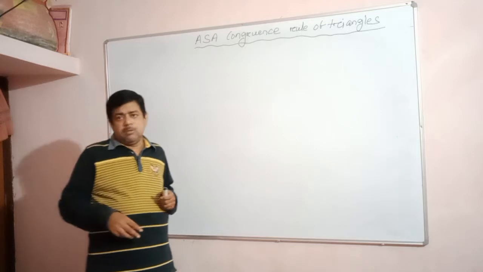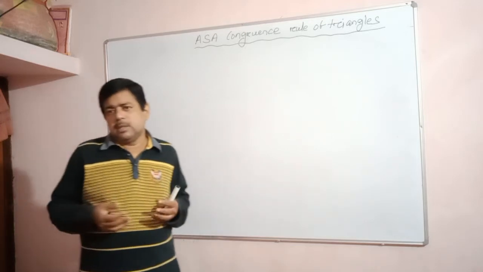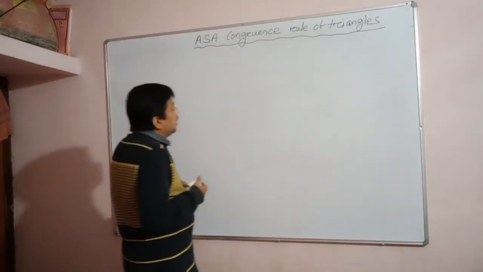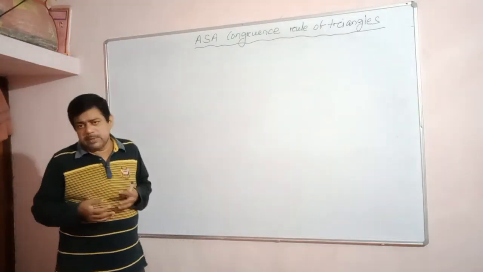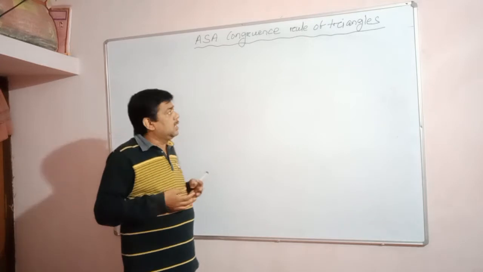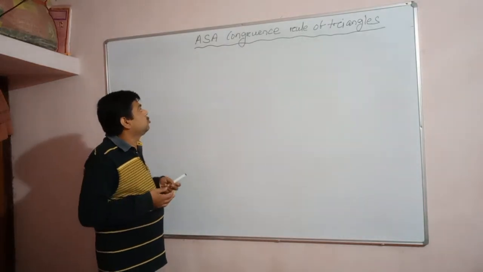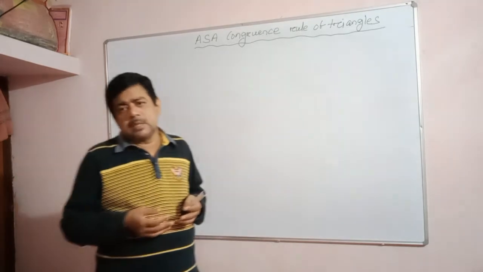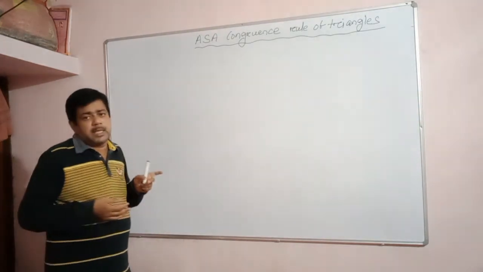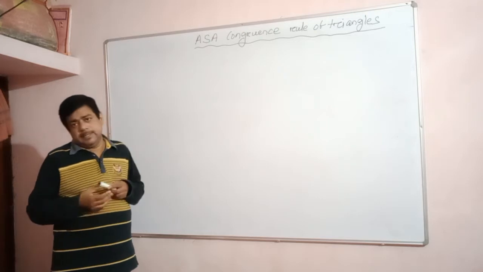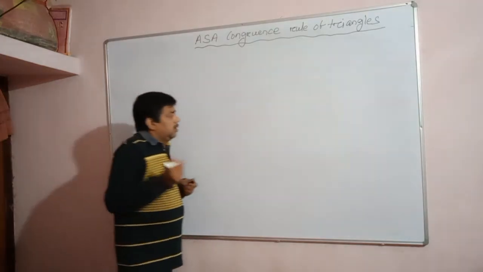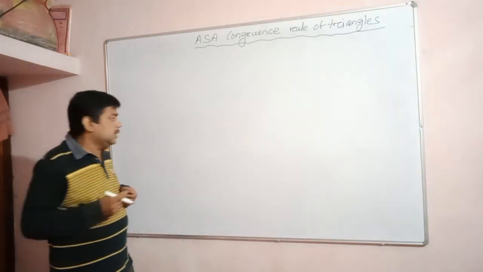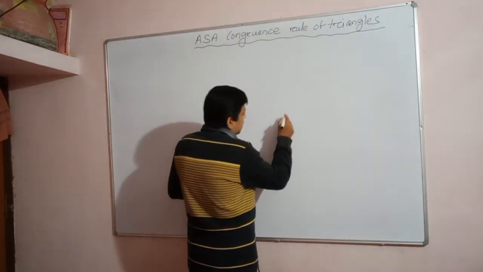Okay, and we are discussing the topics over the congruency of the triangles, and we know the axiom of congruency of triangles. And here we are going to prove an important criteria of the congruency of triangles, that is known as the angle side angle congruency rule of triangle. Okay, angle side angle congruency rule of triangle. Let us discuss.